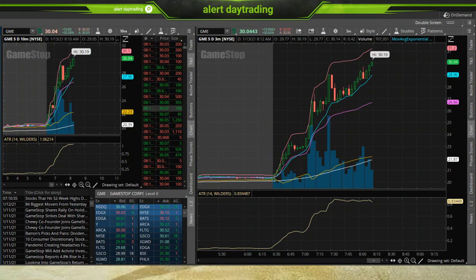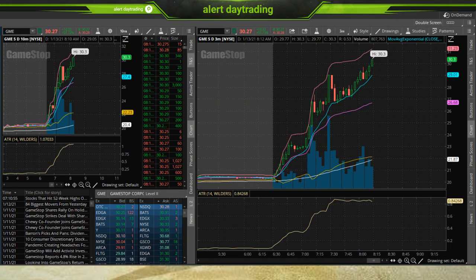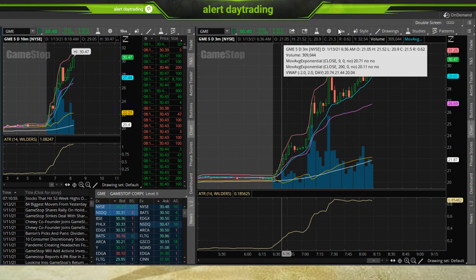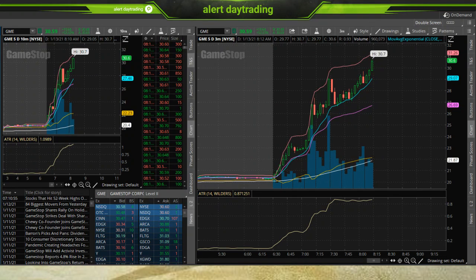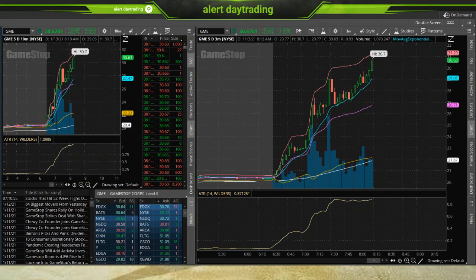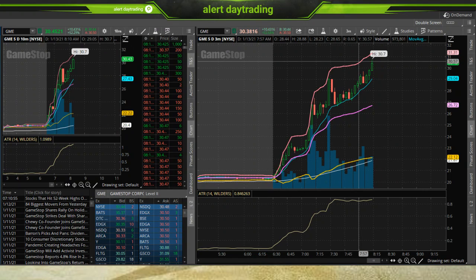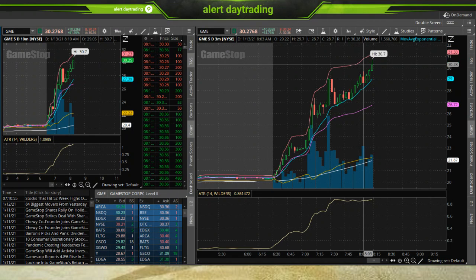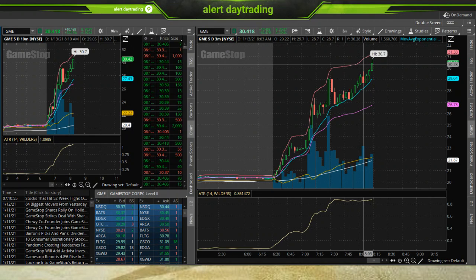And I will also start raising my stop loss with the EMA. And we're moving nicely. My next profit target will be 31.40s. So 31.40s will be my next profit target. If we can reach 31.40s, I will then take another portion off the table,